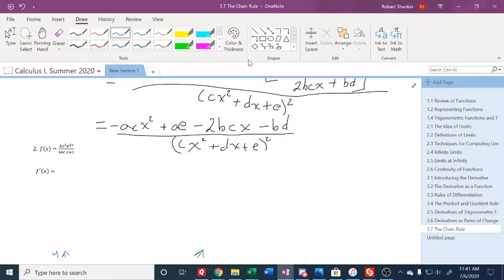So this one, we need two rules. We need a product rule to do the numerator. We need the quotient rule to do the numerator divided by the denominator. But we need the quotient rule first, because that's the only way we can look at the whole problem all at once. So I'm going to use the quotient rule first, and it's the bottom